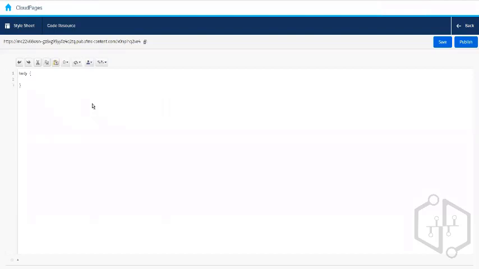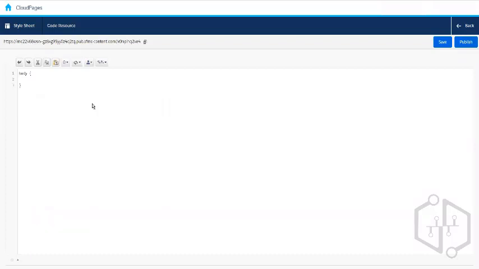And then we can access this code resource in the landing page, and we can basically have all the styling in the landing page. Now, what is the benefit? Let's say we are using the same styling in multiple landing pages, right? So we just have to write the code once over here, and then we can reference it in multiple landing